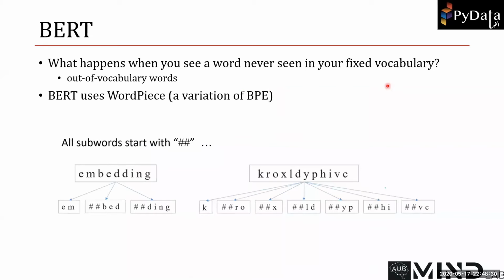Usually they used to replace it by an UNK, or unknown token, or in machine translation they started using the BPE algorithm, which is an algorithm based on compression. And the idea behind it, which was also used in BERT, is that we